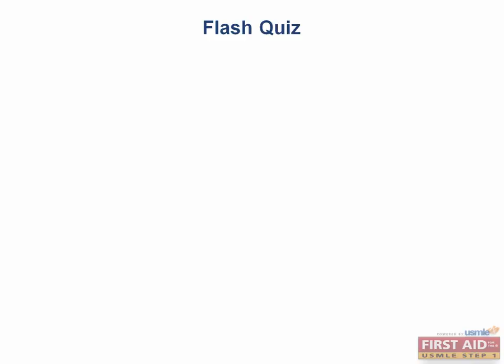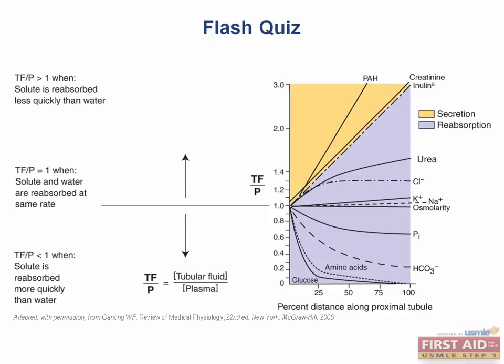Let's take a look back at our graph of relative concentrations along the proximal tubule. Note that the TF to P ratio of sodium is very close to 1, and it's in the purple region, which means it's being reabsorbed. This means that the sodium concentration along the length of the proximal tubule remains constant, because water will move isoosmotically